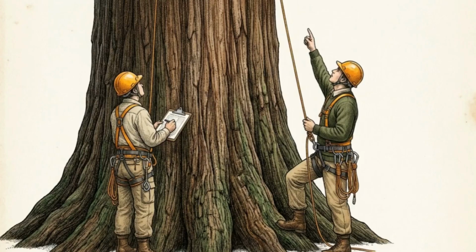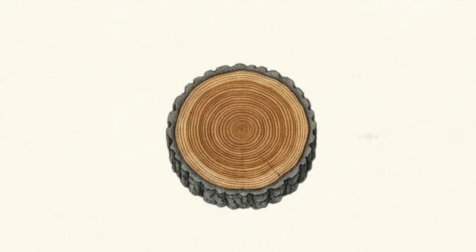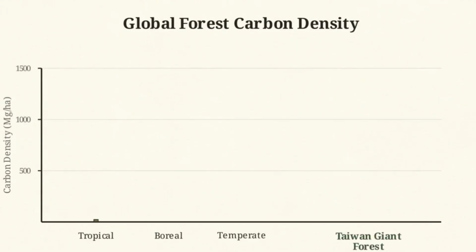In 2024, researchers launched a new study into these specific groves, which they call temples of giants, to figure out how they impact the global environment. They specifically measured how much carbon dioxide these massive trees scrub out of the atmosphere and permanently lock away inside their immense woody trunks. This chart compares carbon density across different environments, and you can see the Taiwan giant forest clocking in at an incredible